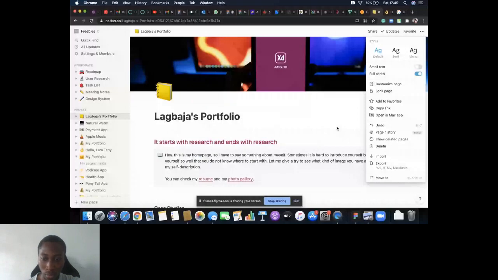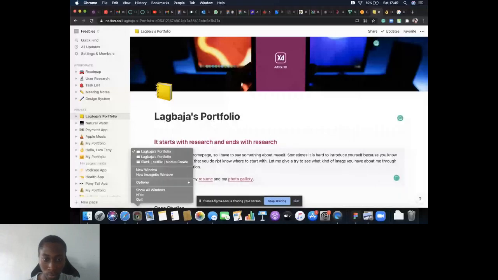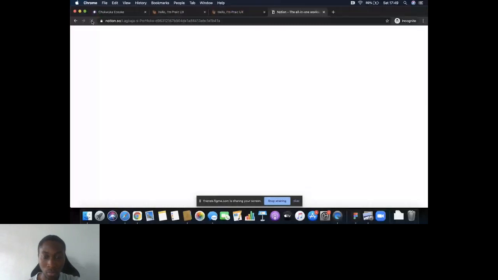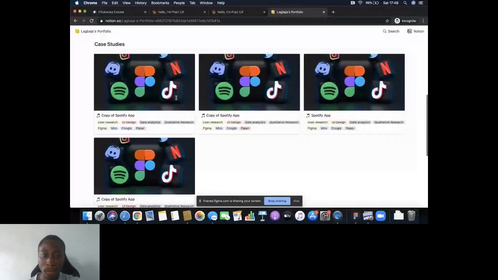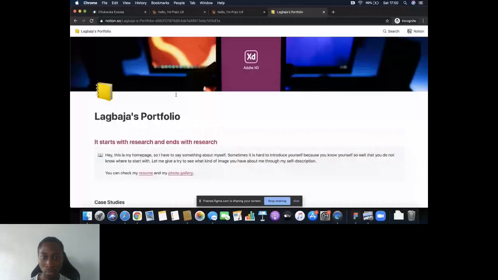All right, sorry. I'm going to refresh. And then this is what it looks like if it becomes full width. So the problem with full width, it takes everything. It's going to become the full width of the screen size of anybody who is viewing. So if you are using an iMac or a monitor of maybe 42 inches, it's going to adjust itself to that width.